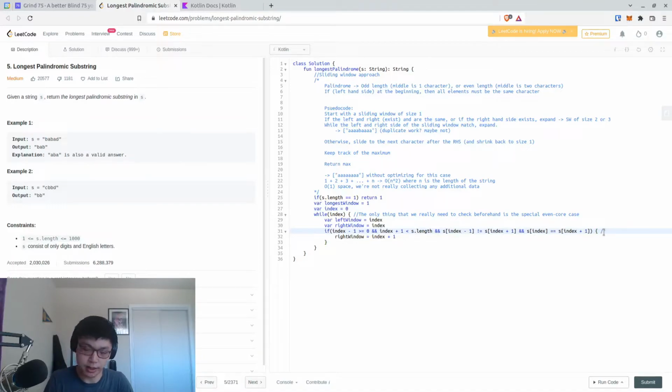So this will be the core is even size. So the middle is 2 numbers rather than 1 number. If both of the sides exist, but we have them as not equal, but the next value is equal, then we can say while left window minus 1 is greater than or equal to 0, and right window plus 1 is less than s length, if s at left window minus 1 is equal to s at right window plus 1,